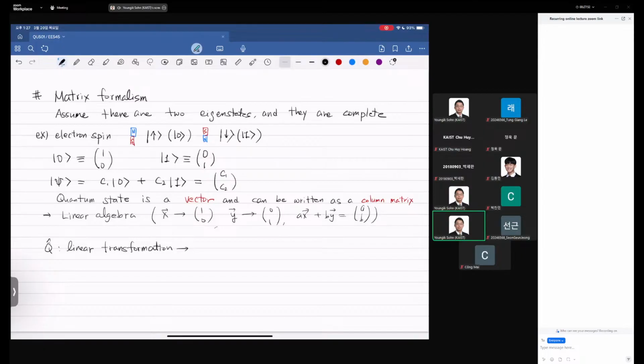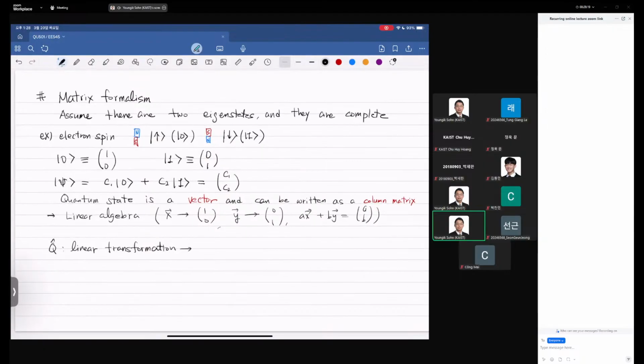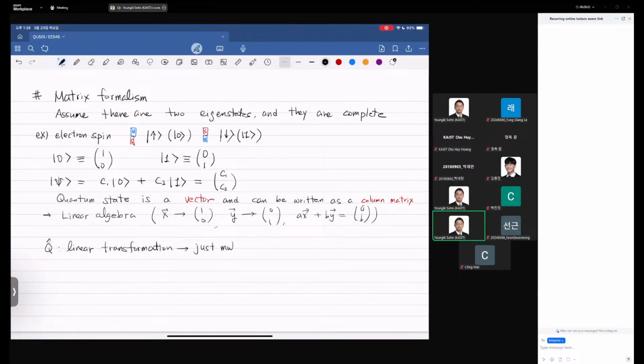When you do a linear transformation, what it means is that you have these bases, basically your basic ingredients. For example, in geometrical vectors x, y, z are unit vectors, right? Basically you put some weight there and then add them up. That's what you do. So linear transformation is just multiplying by some number,